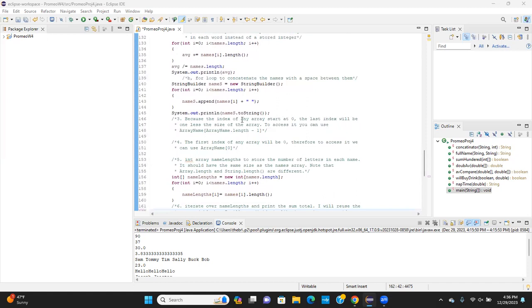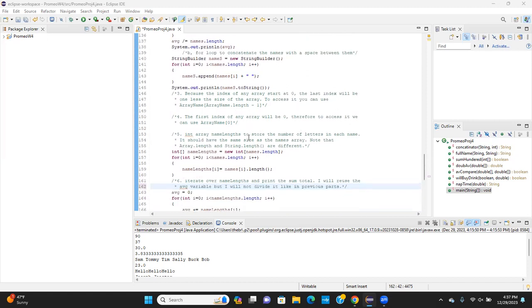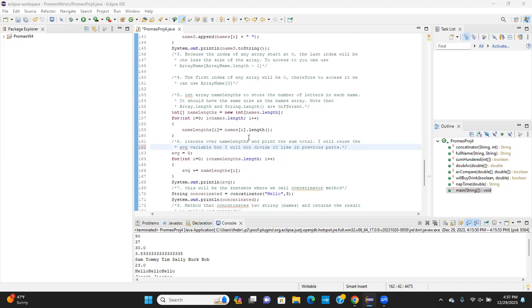After that, that would be the print right there. Questions 3 and 4 were just basic explanations. Number 5 has an array, name lengths,